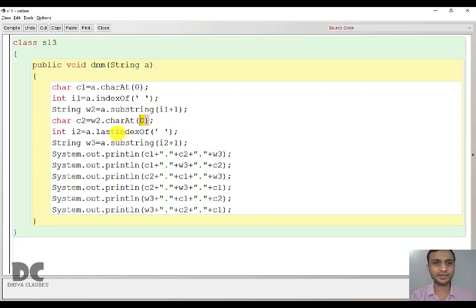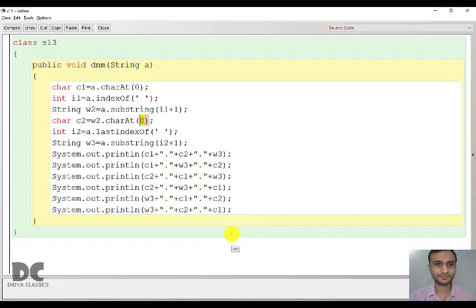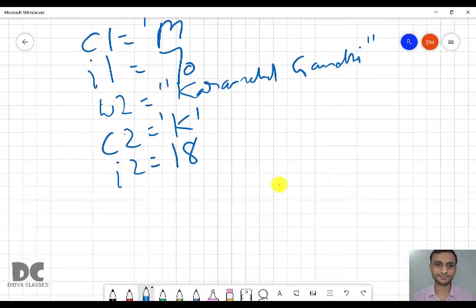Next we are finding the last index of space, means it is talking about this position. So in I2 we'll have, this is 9, 10, 11, 12, 13, 14, 15, 16, 17, 18. So here in I2 we'll get 18.